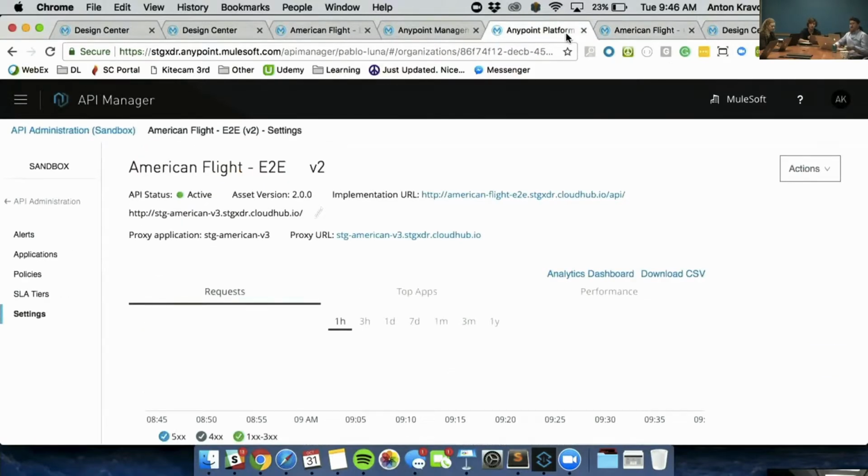I'll go back into API Manager for one more thing, and then we'll speak a little bit more on how to take APIs and expose them to external API consumers. And then we also will touch base really quickly on the Flow Designer and how you can use this to consume these specific APIs. So the reason why I came back to the API Manager, you guys remember I talked